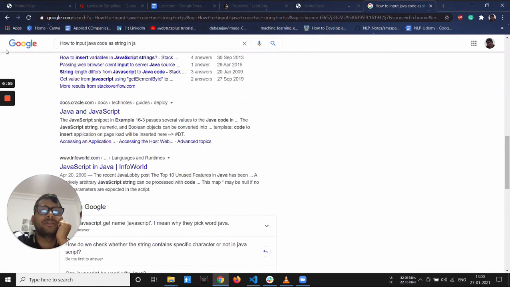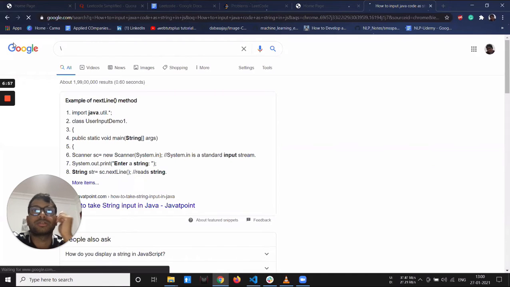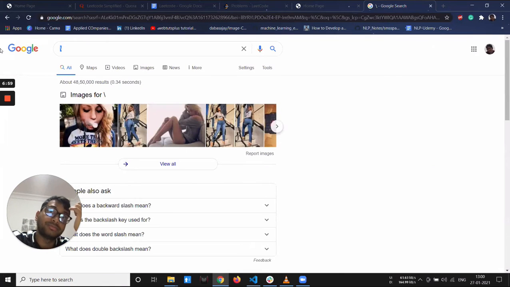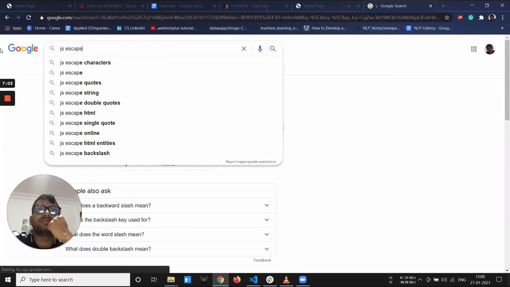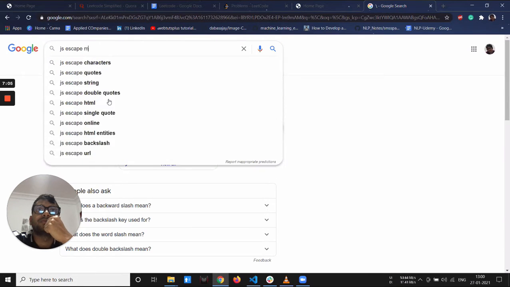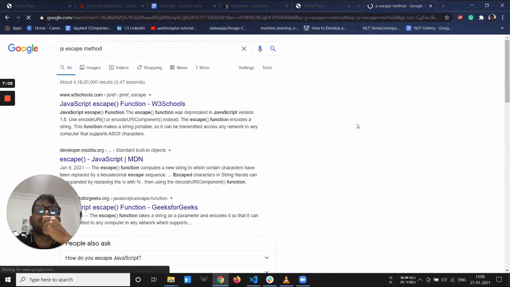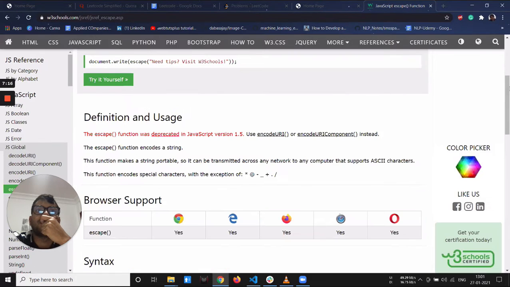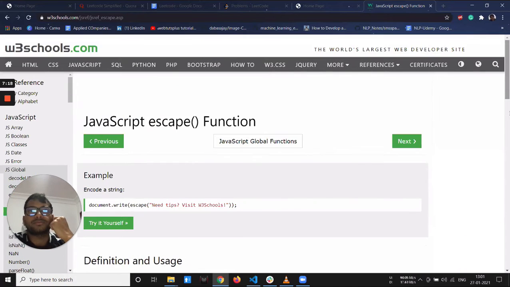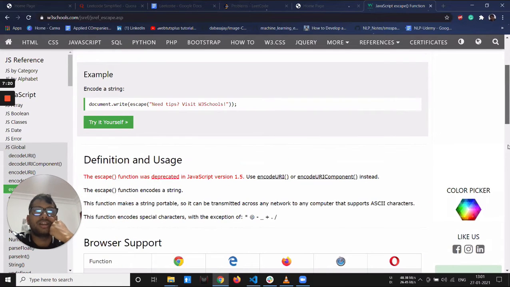So I think if you use this method escape, it might work. Let's try it. Escape.